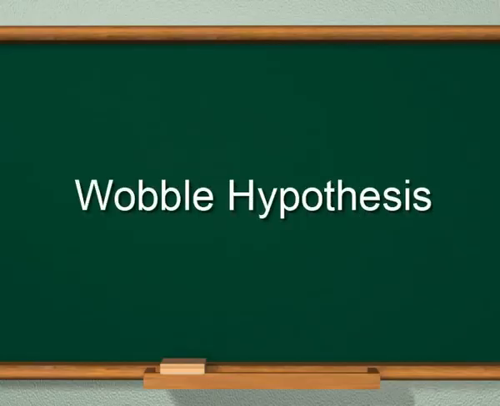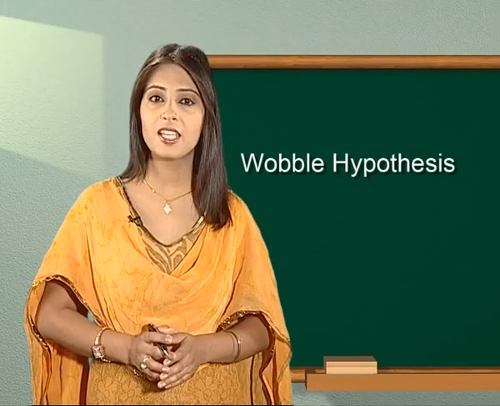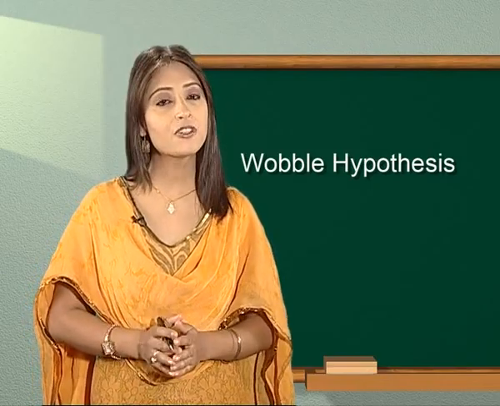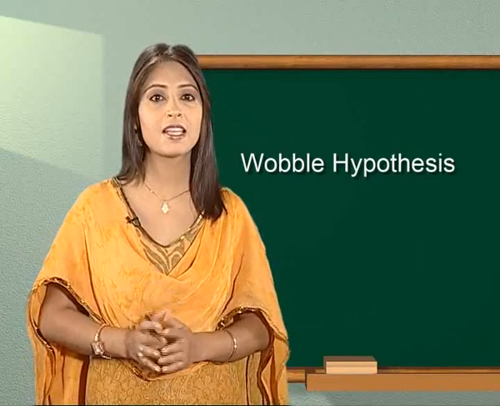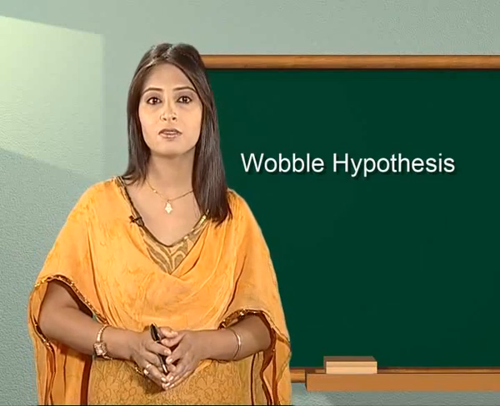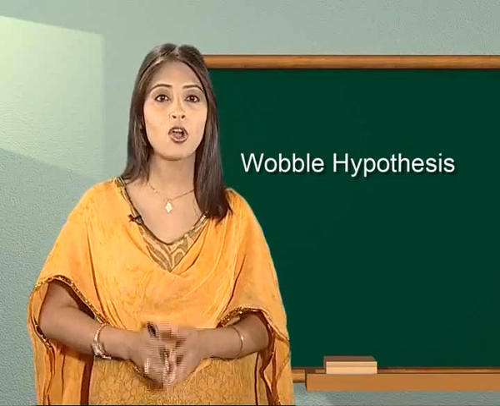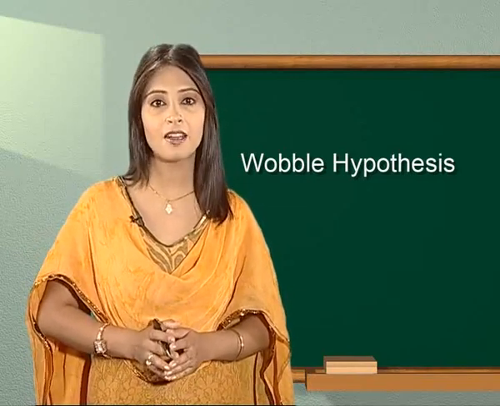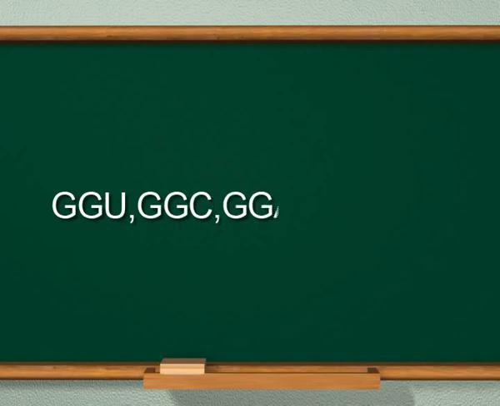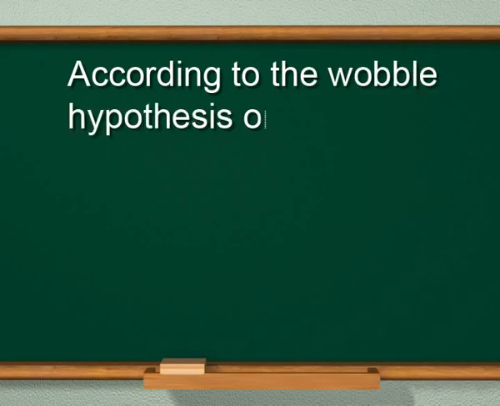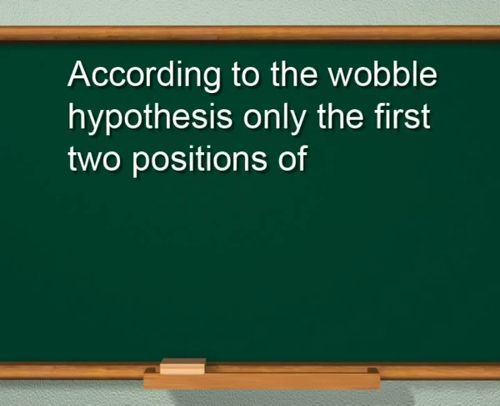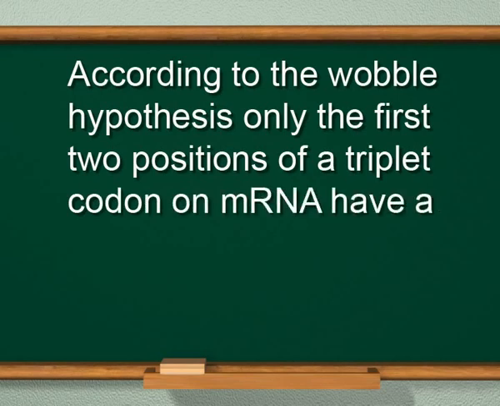Wobble hypothesis. Did you notice one thing? In most cases, sufficient coding is performed by the first two bases, and the third base seems to play only a minor role. For example, the 4 codons that specify glycine are GGU, GGC, GGA and GGG. All start with GG. According to the wobble hypothesis, only the first two positions of a triplet codon on mRNA